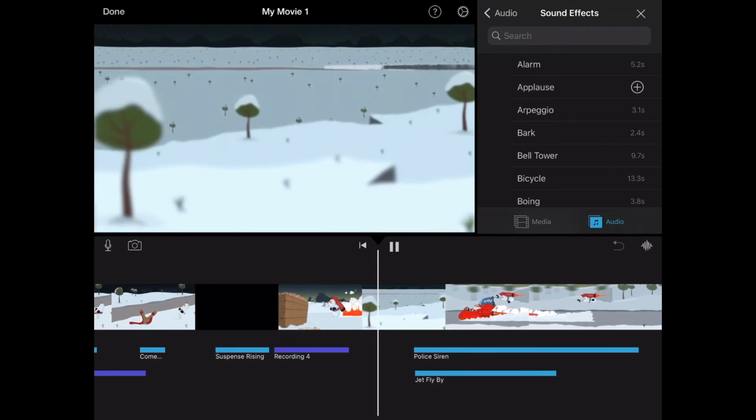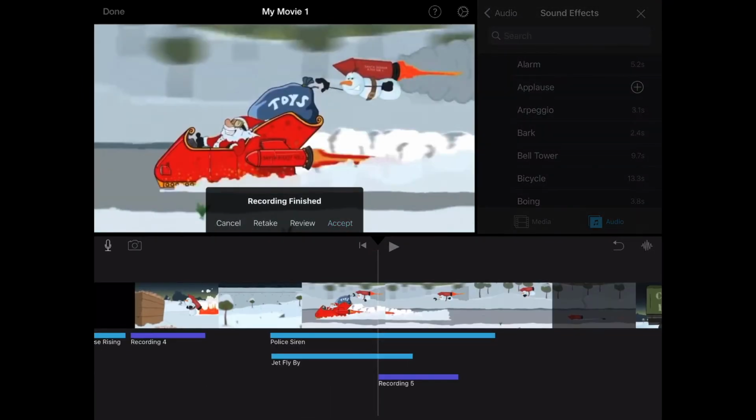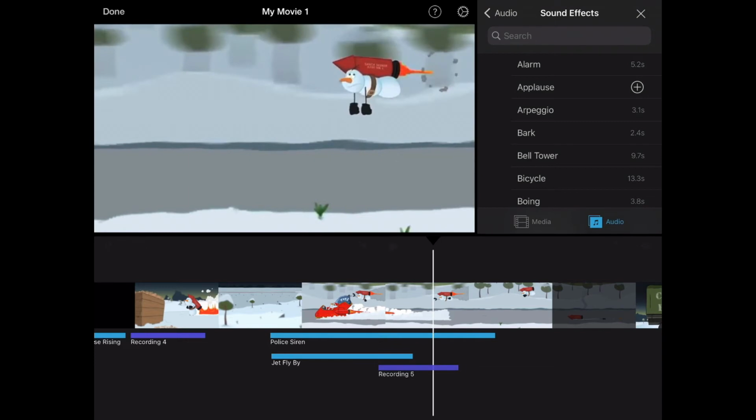Use your voice to add more dialogue for each character and create your own narrative or story to match the